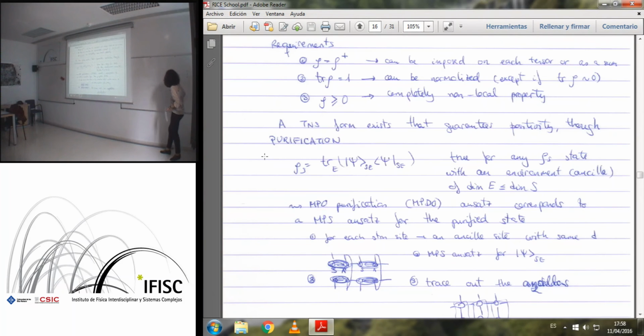And like this. And of course, this is of this form, although not everybody of this form will be of this shape. But if I take this thing together, this is an MPO. And it's a positive one, just by construction, because it comes from tracing out something from a valid quantum state. So this is the purification ansatz. It's an MPO which has some structure inside. And we can work with this ansatz